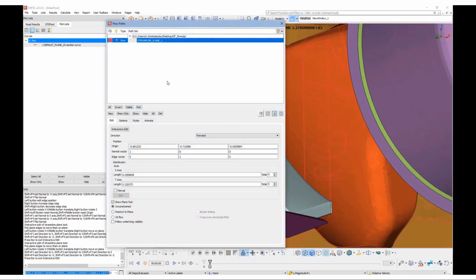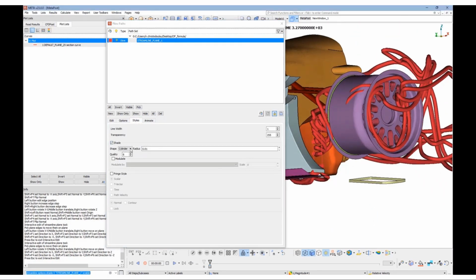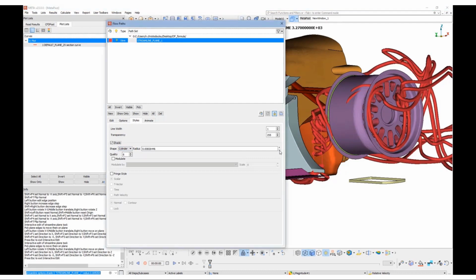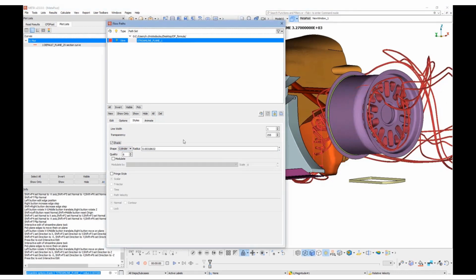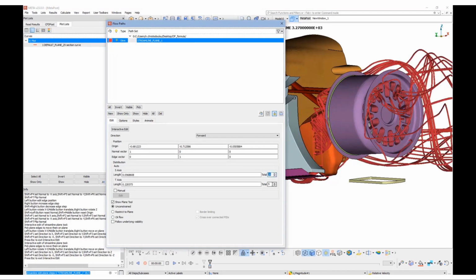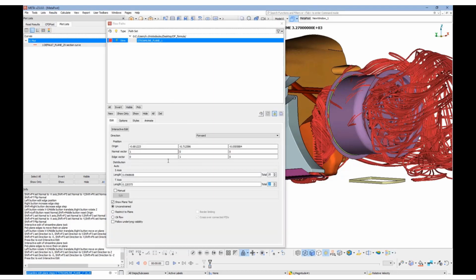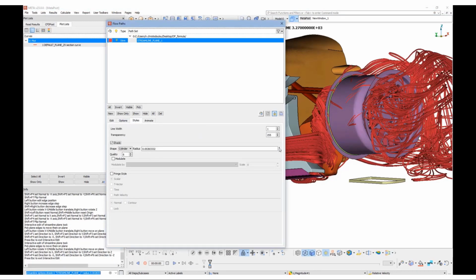We can open the Streamlines menu by clicking on the icon, and here let's activate the shade from the styles in order to visualize the streamlines with thickness. We can also, from the Edit tab, change the number of the streamlines in both S and T axis. Then we will set the direction as both in order to create streamlines both upstream and downstream.